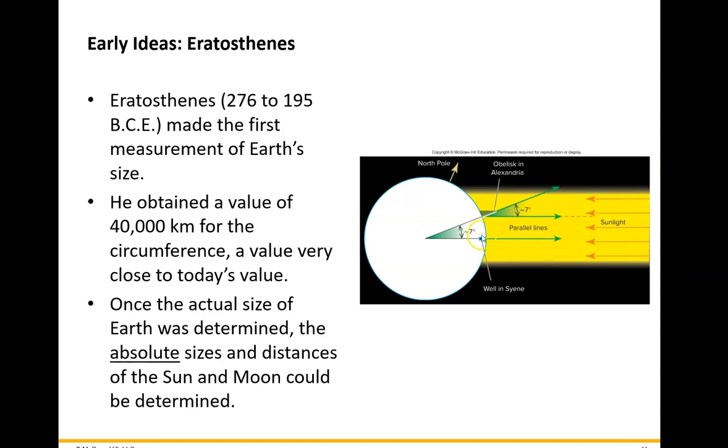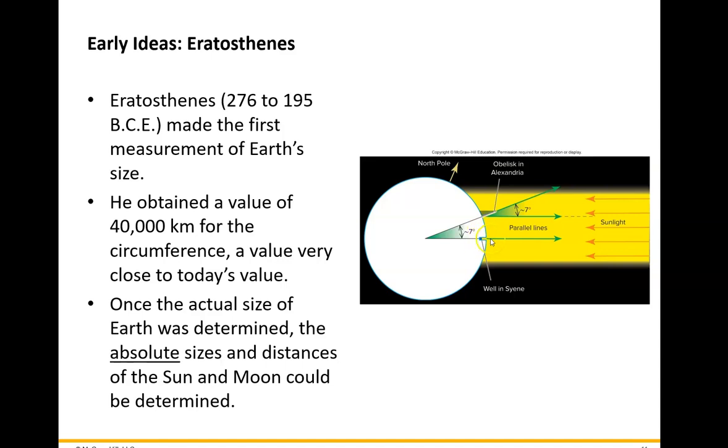somewhere to the south there is this place called Syene, and it doesn't exist anymore, but it was a place along the Nile River in Egypt. It was about 800 kilometers. It turns out it was about 800 kilometers from Alexandria. All right, remember, Alexandria is up towards the Mediterranean, and